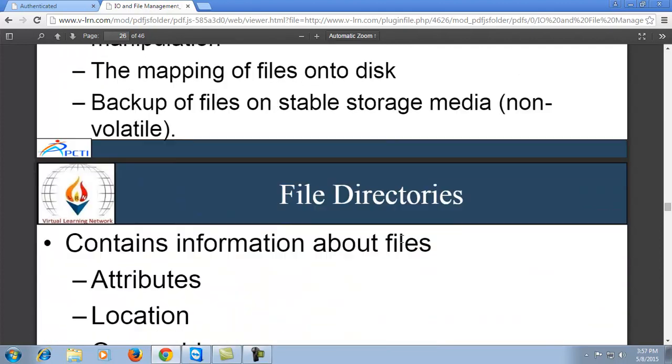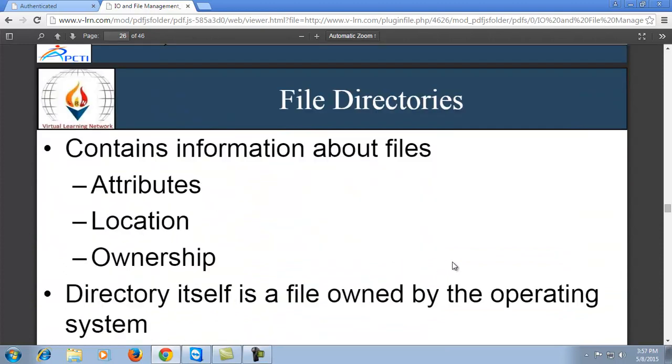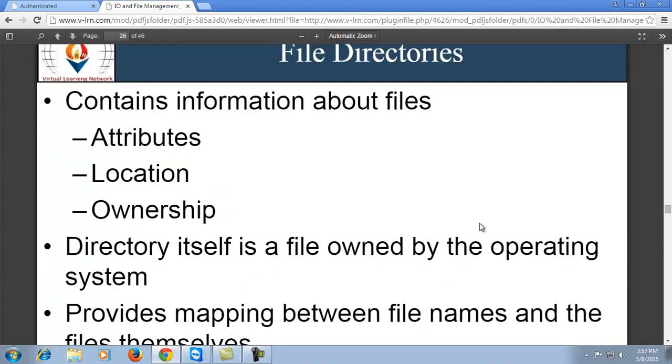Next is file directories. A directory contains information about files, holding a number of attributes which represent the details of the file: the location where the file is located, the ownership, who is the owner and creator of that particular file, and who has the rights for applying or updating the content inside that file.